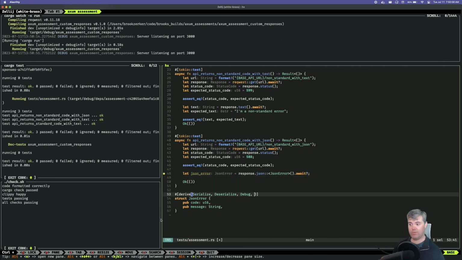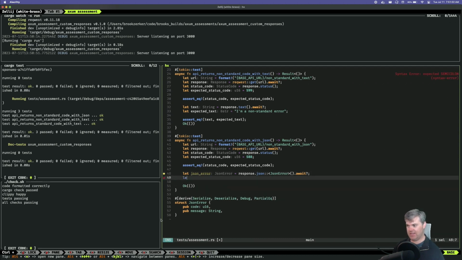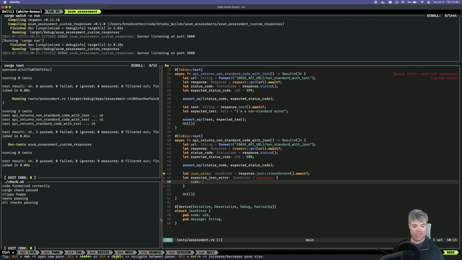I can also implement partial equal. And I can say let expected JSON error. So let's say code, in this case, is just a non-standard code.